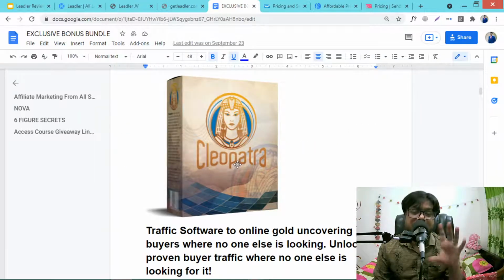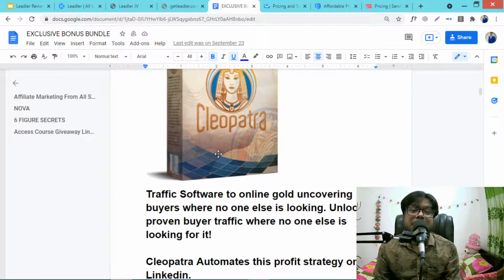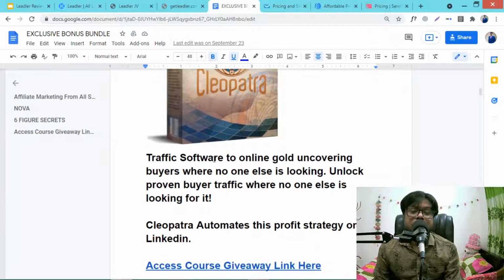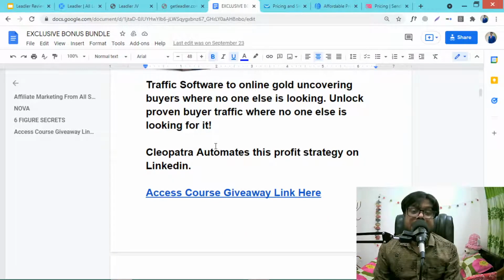That's why I focused on the traffic section, and using this software and methods you will get lots of free traffic methods and strategies. This is a software which will bring you free buyer traffic from LinkedIn, and you know LinkedIn is a business social media, and the leads on LinkedIn are very high quality, and this software will help you bring those leads and traffic from LinkedIn.